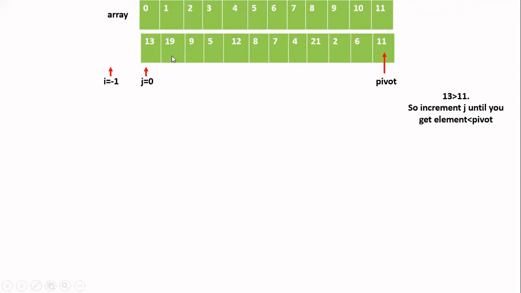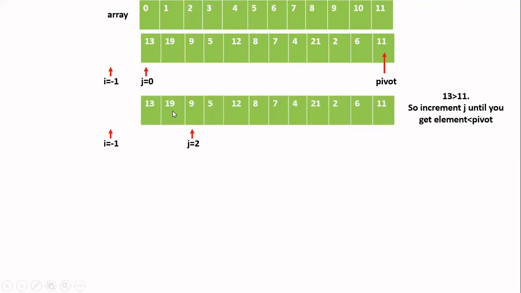In 1, you have the element as 19. So now you have to compare whether 19 is greater than 11. Yes, it is greater than 11, but we want a smaller element. So go to the next position. So move j to 2. Now check, here we have 9. 9 is less than 11. When the element at j is less than 11,